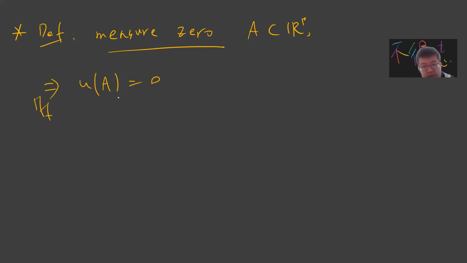If I say measure zero, then I already say that A is measurable. But the non-trivial part, or not so non-trivial, is that the set of all measurable sets